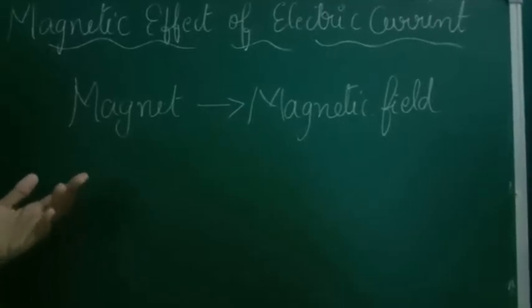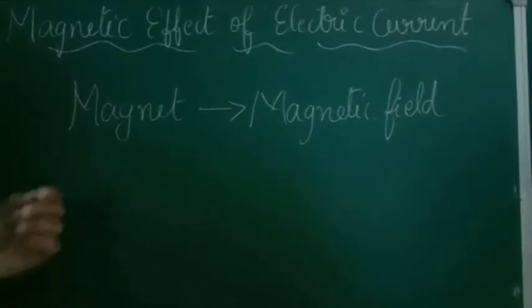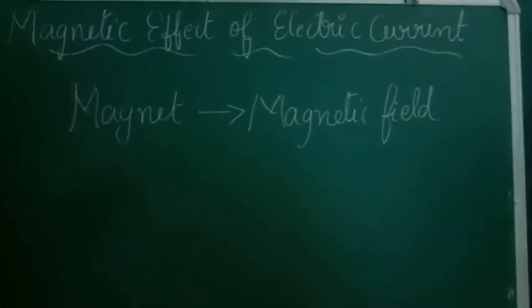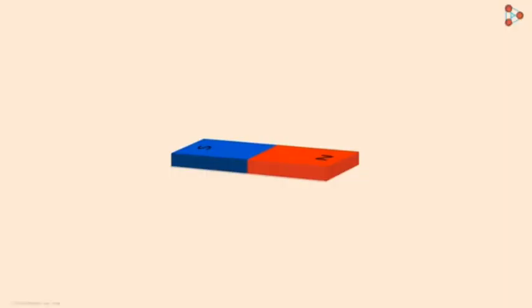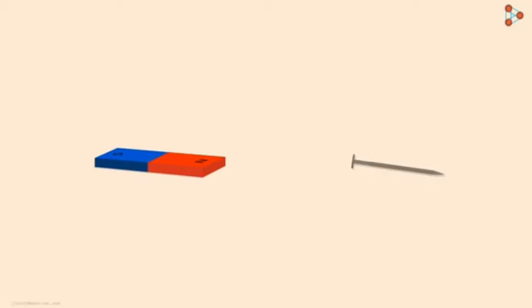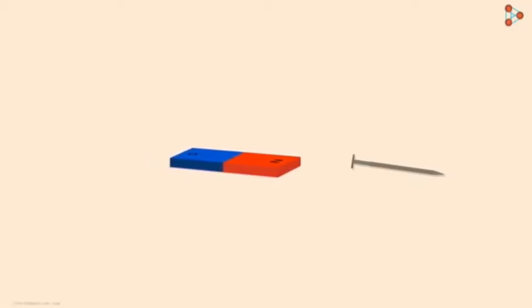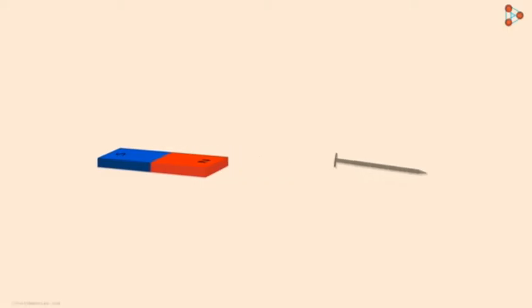About the study of magnet and magnetic field, we have a short video clip. Just go through it. You must have seen a magnet with this shape before. It's called a bar magnet. It looks like a chocolate bar. What happens if we bring it near an iron nail? As we bring it closer to the nail, at some point the nail moves towards the magnet and sticks to it. Moreover, it remains there until we manually separate it from the magnet.